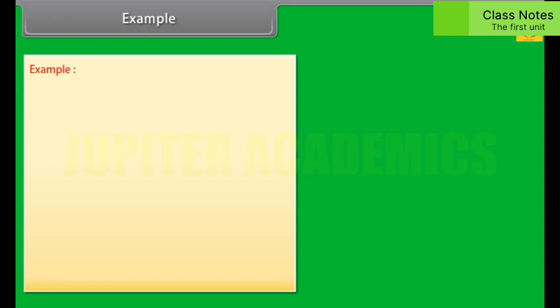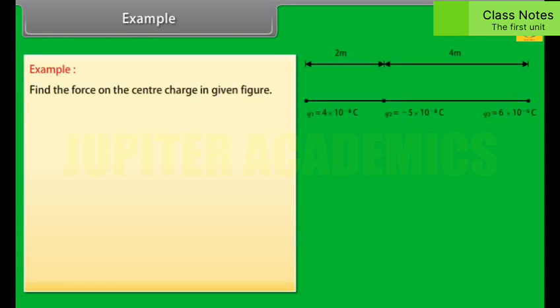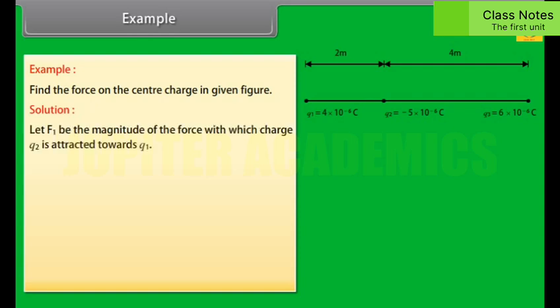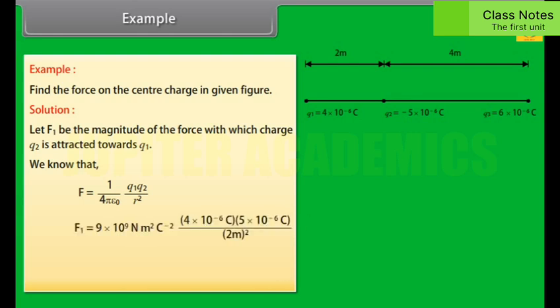Let's take an example on Coulomb's law. Find the force on the center charge in given figure. Let's see the solution. Let F1 be the magnitude of the force with which charge Q2 is attracted towards Q1. We know that F is equal to 1 upon 4 pi epsilon naught multiplied by Q1 Q2 upon r square. Put the values in this equation, we get F1 is equal to 45 into 10 raised to the power minus 3 Newton, which is equal to